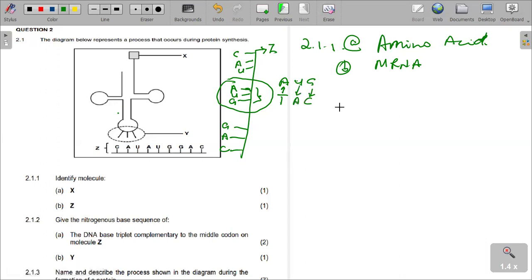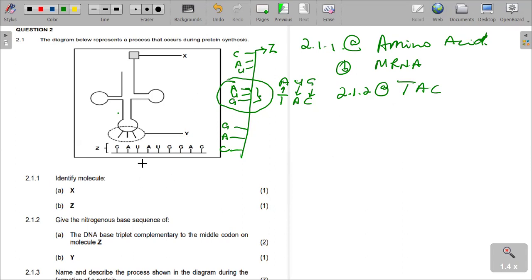So our answer, question 2.1.2a, is supposed to be TAC, according to the pairing of the bases that we have just talked about: A pairs with T, U pairs with A, G pairs with C. That's how this base pairing is going. It's TAC. The next question is saying, give the nitrogen base sequence of